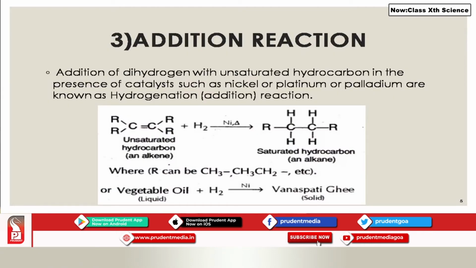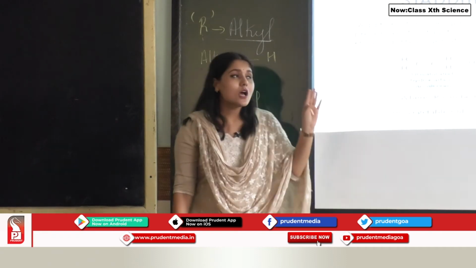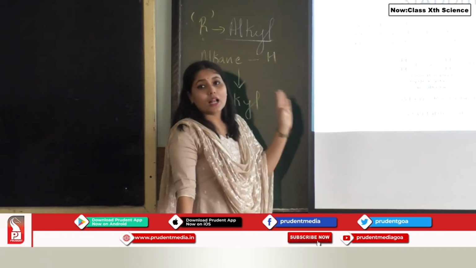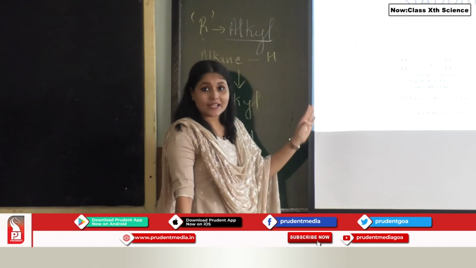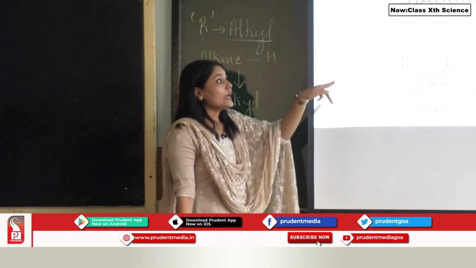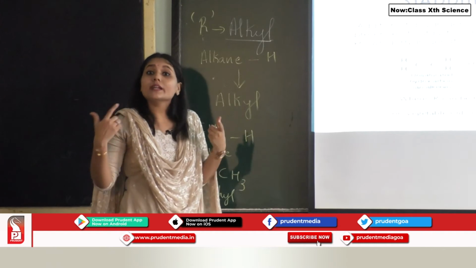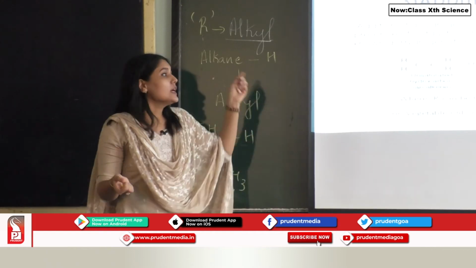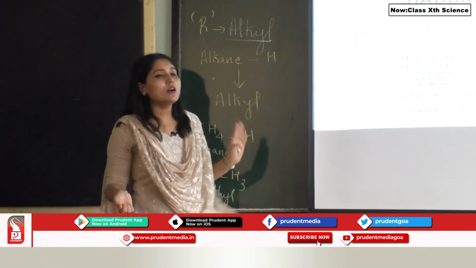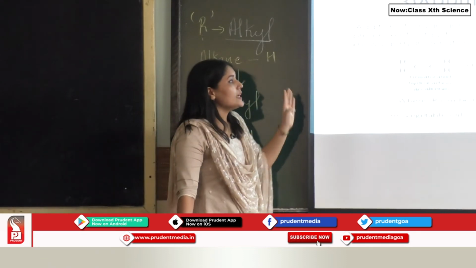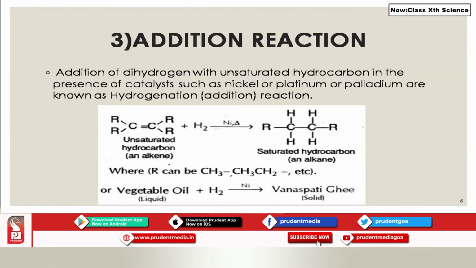And in the reactant side you see there were 4 substituents. Methyl groups, or the alkyl groups that are attached, I am referring to them as substituents. So there were 4 alkyl substituents in the reactant, but if you look at the product, there are 2 alkyl substituents. What has happened to the other 2 alkyl groups? They have been replaced by hydrogen. So you see, an unsaturated hydrocarbon can be converted to a saturated hydrocarbon using the addition reaction in the presence of